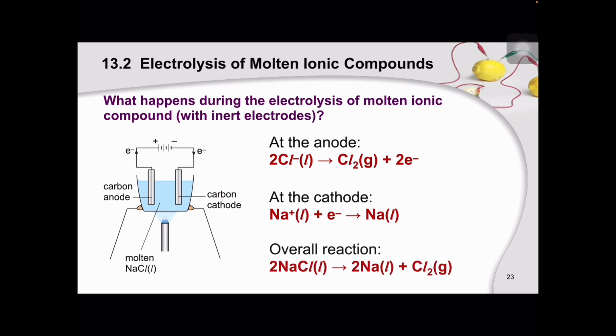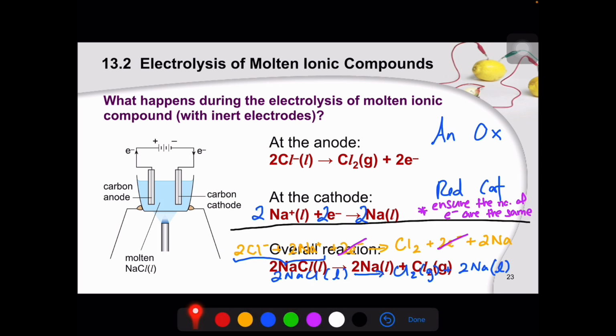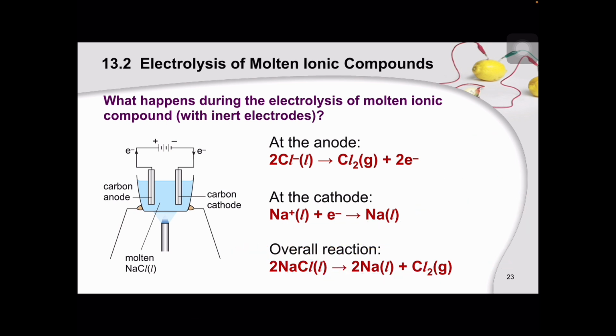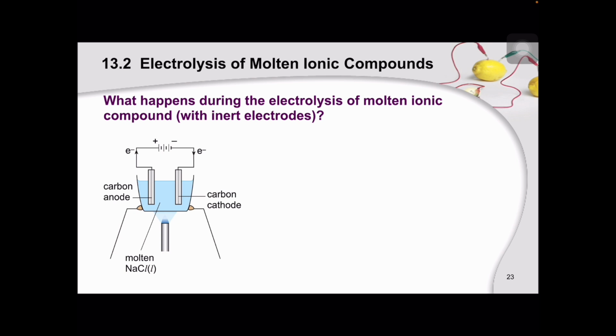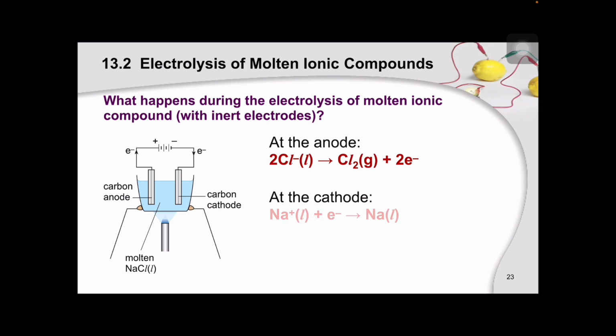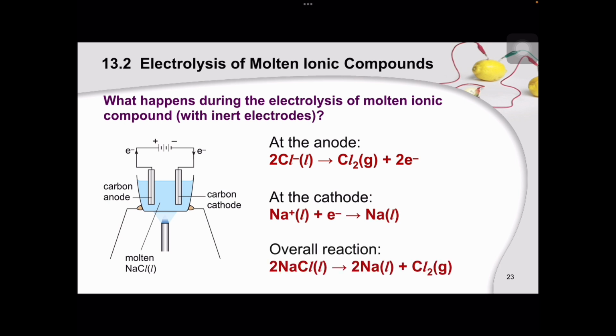Okay, so just to sum up, the overall reaction will be represented by this equation over here, whereby 2 NaCl is actually broken down to form 2 Na plus Cl2. And how do we construct this entire thing is, as mentioned just now, you have to first balance the number of electrons, then combine the reactants together, combine the products together, and cancel out those that are being repeated on both sides. Okay, so with that, this will be the last part in terms of the lesson on part 1